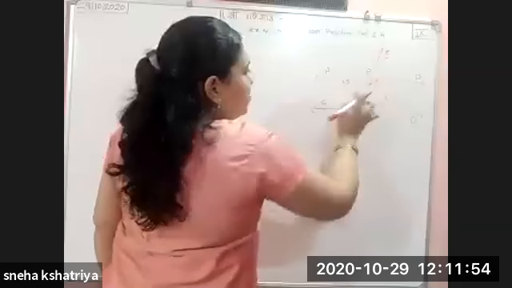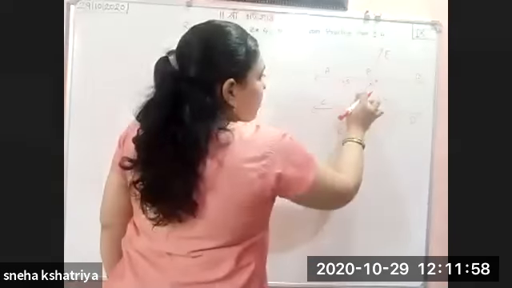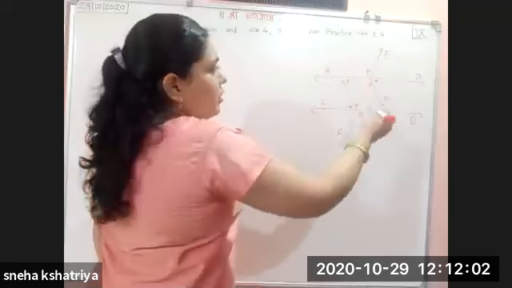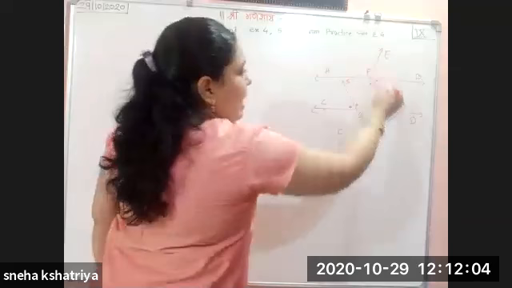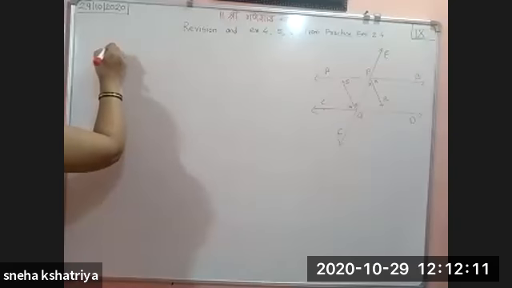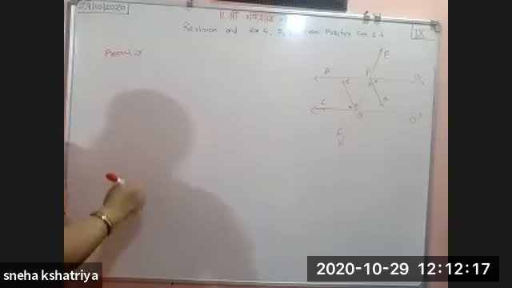So this alternate pair means what? They are congruent. And they are half of the complete angle, because right now we are seeing the angle bisector. This angle is half of the complete angle. So according to that, we will prove here. We will take directly the proof. I'll give you a short idea about the example.